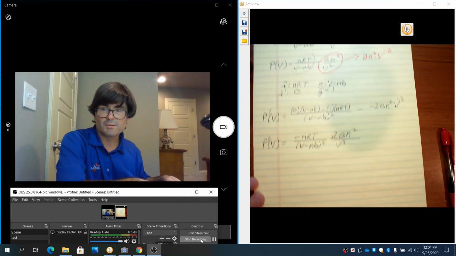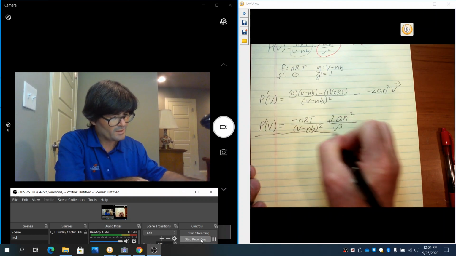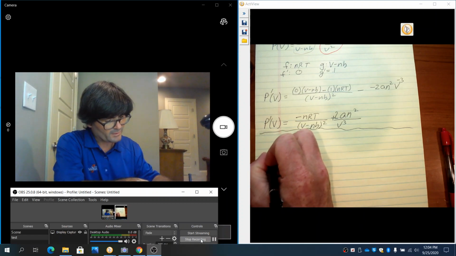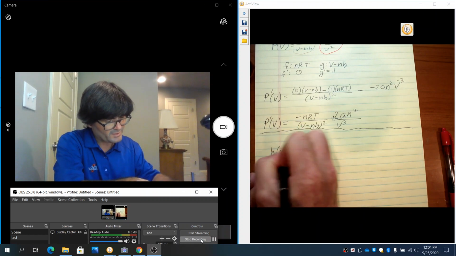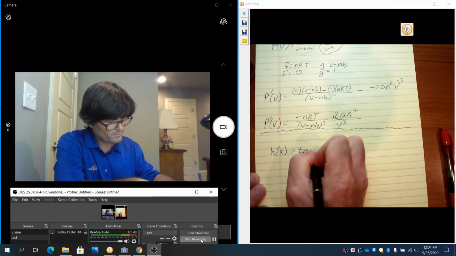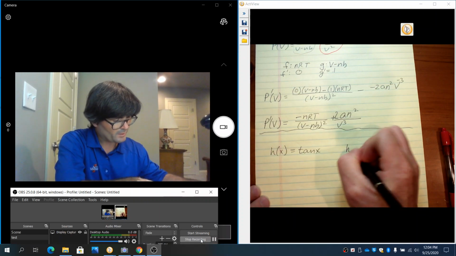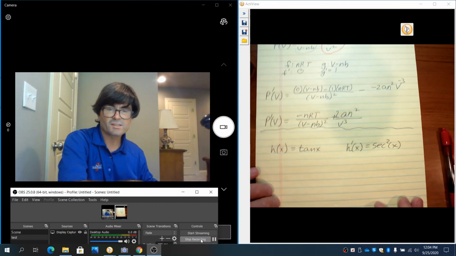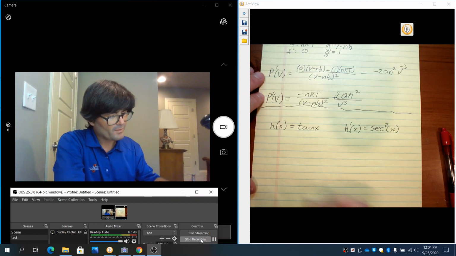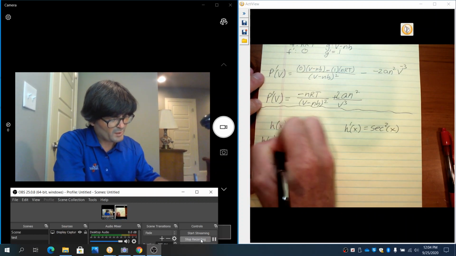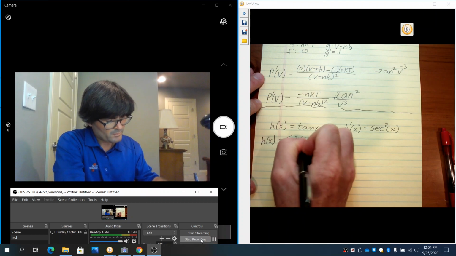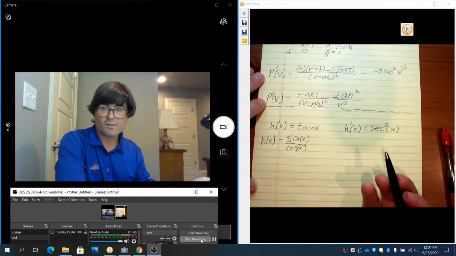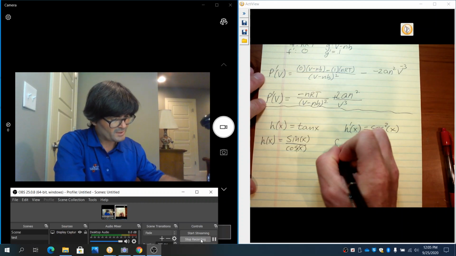The last example of the quotient rule I want to show you is regarding trig functions. I want to consider the function tangent. And hopefully many of you already know that the derivative of tangent is secant squared. That's just a fact that you need to remember. But if you take tangent and write it as sine over cosine, you can derive that the derivative here is secant squared by just identifying f